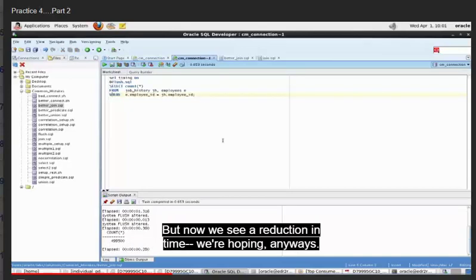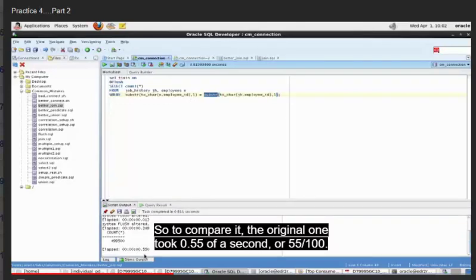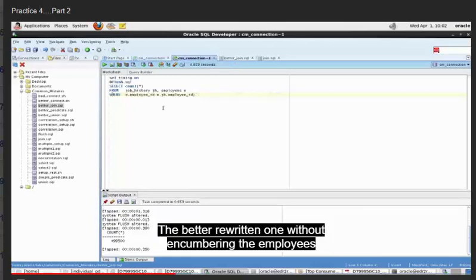The better rewritten one, without encumbering the employees with the substring function on both sides, so it opens up indexes, took less time. So we could actually tell that from the execution plan. There is a second way that they don't explore in the practice, but just to let you know,